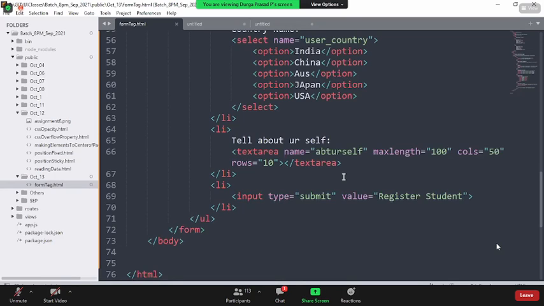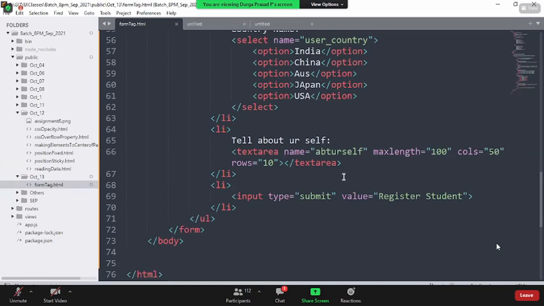Okay, in the server, it doesn't go like name=uname&so-and-so. No, in the server, there is something called request.query. It will automatically read the data in the form of a JSON object. Okay, am I clear, sir? That is what we are going to discuss when we actually go into the server side. Okay, go ahead. Next.